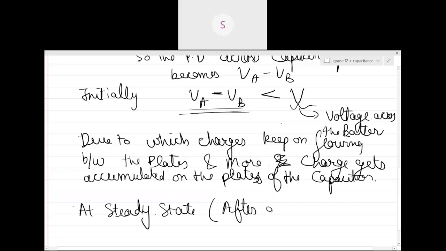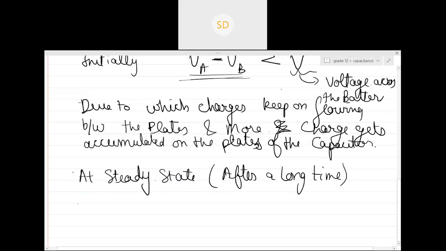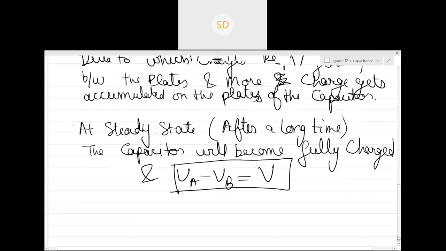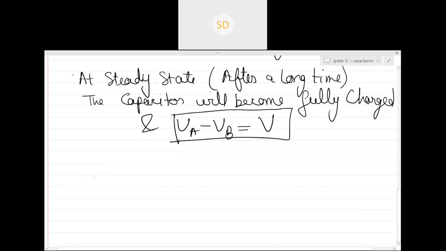At steady state, that implies after a very long time, the capacitor will become fully charged and the potential difference across the plates will become equal to the voltage across the battery. Is this clear, guys? So always remember, whenever you have any capacitor like this and you have any battery like this,